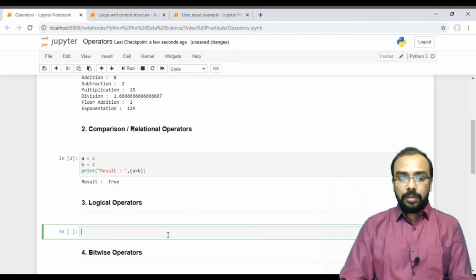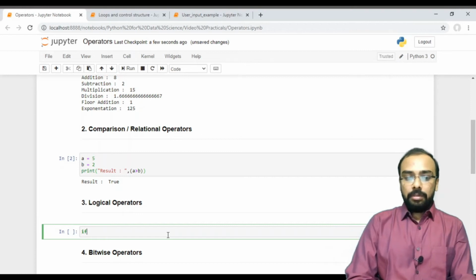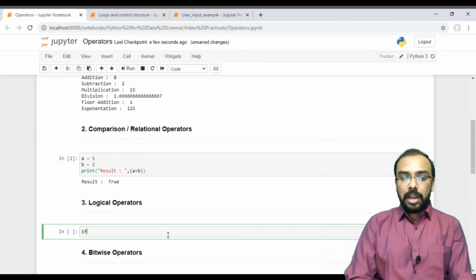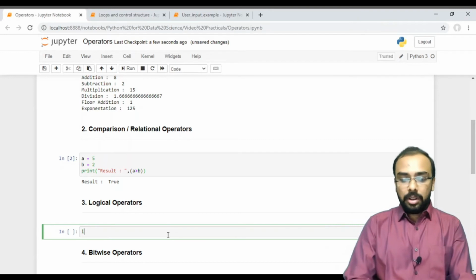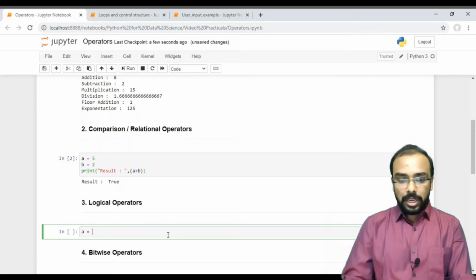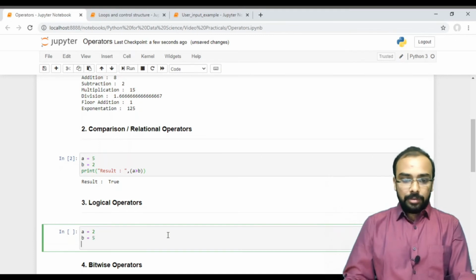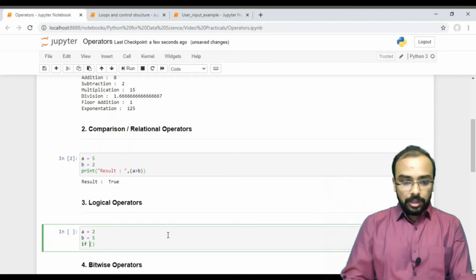Next we will do logical operators. Comparison operators include greater than, less than, greater than or equal to, less than or equal to, and so on. Now in case of logical operators, it includes and, or, and not. So let me take two different variables, a equal to 2, b equal to 5. I am checking if a is greater than 1